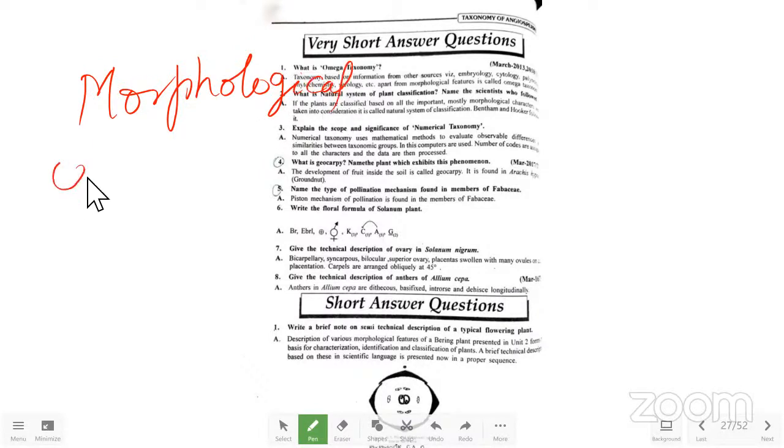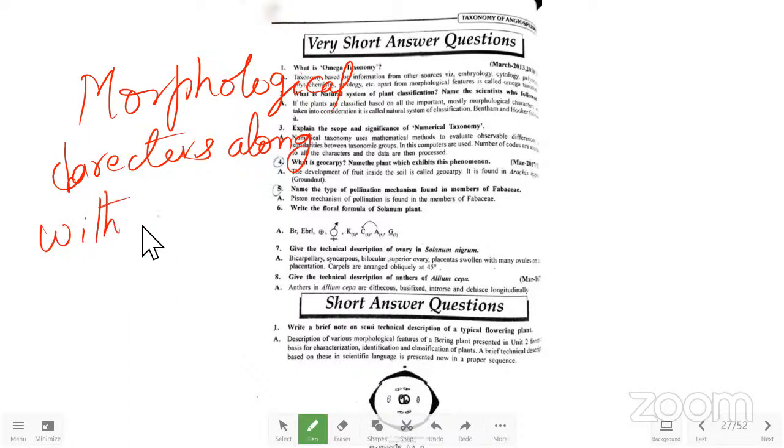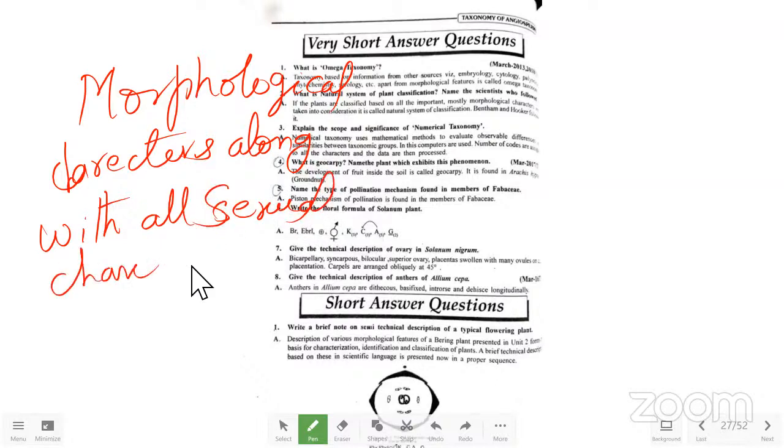Morphological characters along with all sexual characters is called the natural system of classification. When the plants were classified based on all the morphological characters and all the sexual characters, that is, in the brackets, what we have to write,